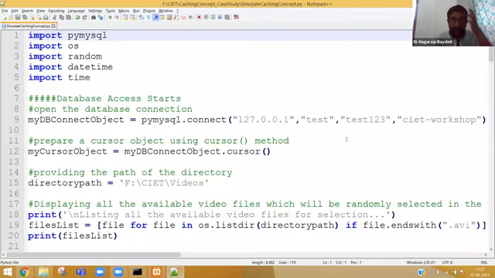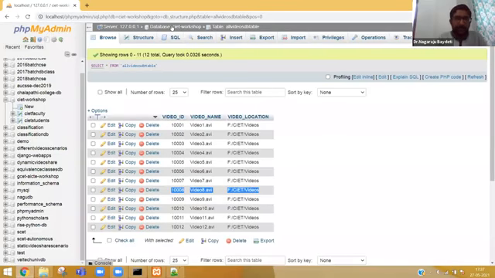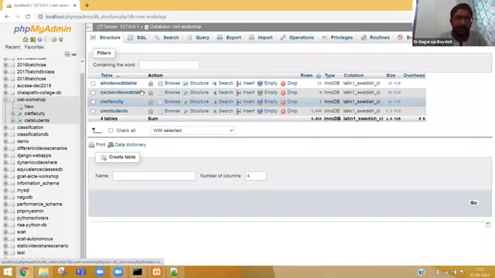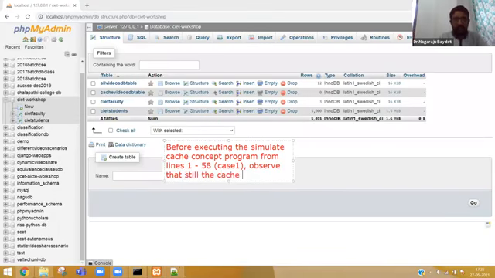Don't look at the length of the program. They are very simple lines only. Now, before I execute the program, the simulate cache concept program from lines 1 to 58, that is case 1, observe that still the cache table is empty.